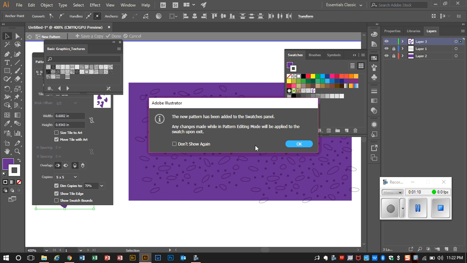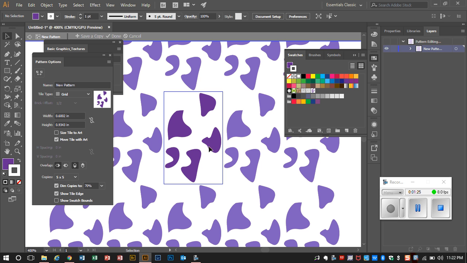The new panel has been added to the swatch panel. Any changes? Well, in the pattern editing mode, notice up here, new pattern. Okay, so that I'm in pattern editing mode will be applied to the swatch upon exit. So this is my new swatch. Okay, so I'm going to click OK, and the whole screen gets filled. Okay, now from there,